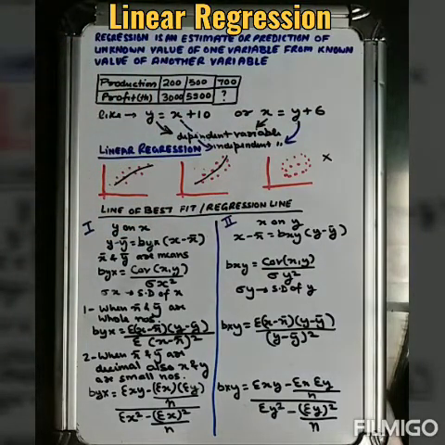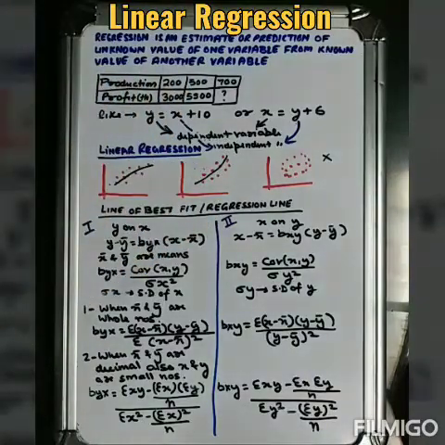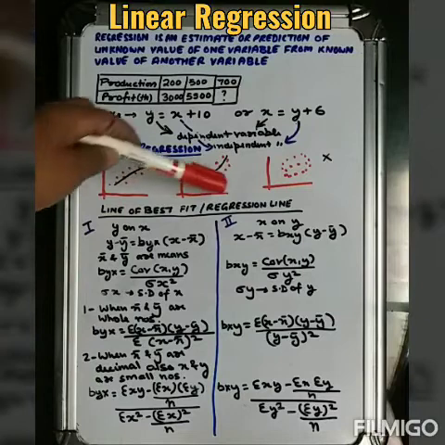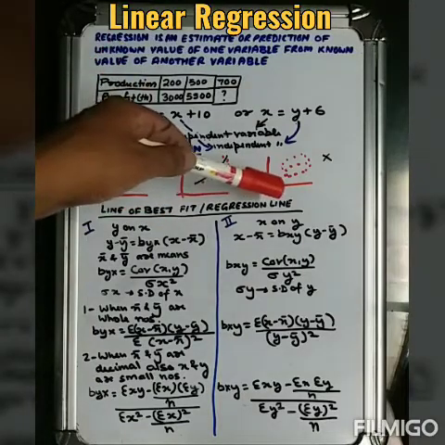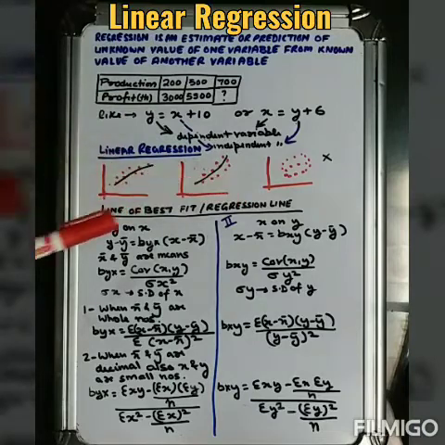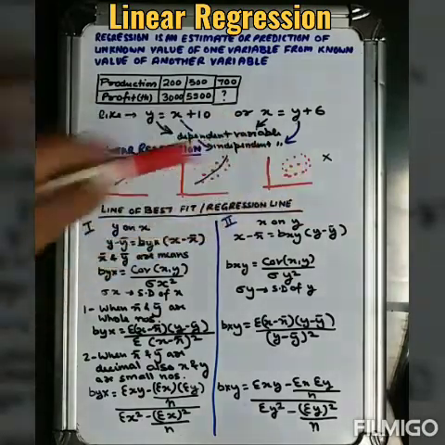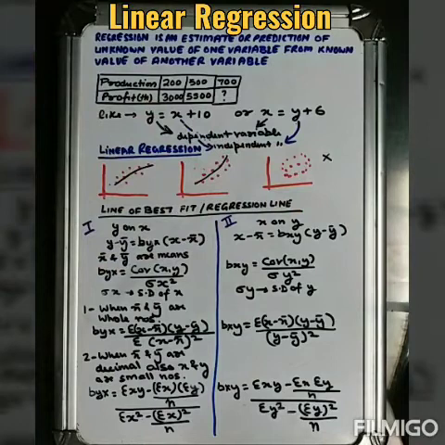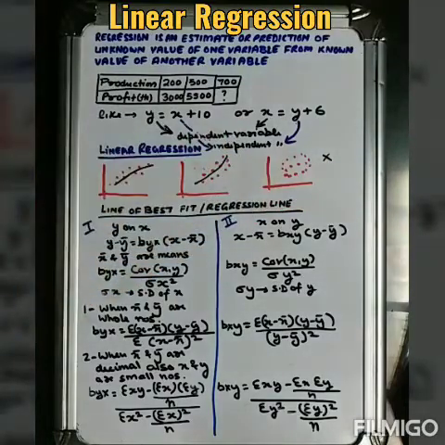Now the main thing, we have to find the line of best fit. What is the line of best fit, which we have discussed just now? It is called the regression line. So how to calculate the regression lines? How to find the values of regression lines? There are two types of regression lines, y on x and x on y. It will be asked to find regression lines of y on x or x on y.